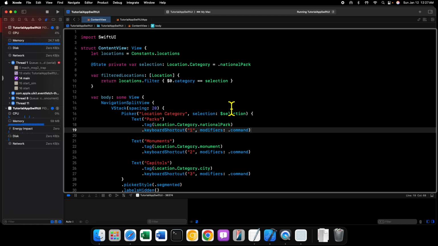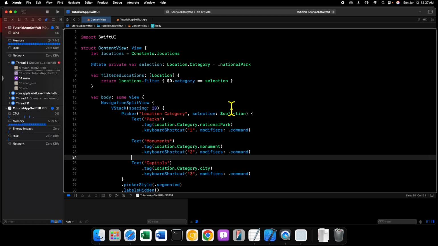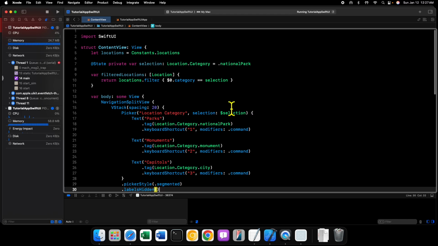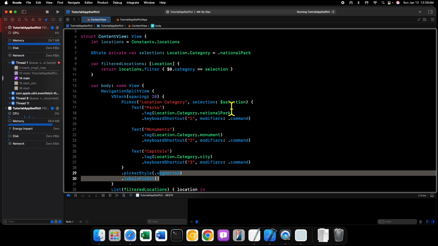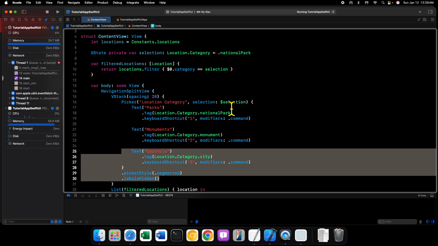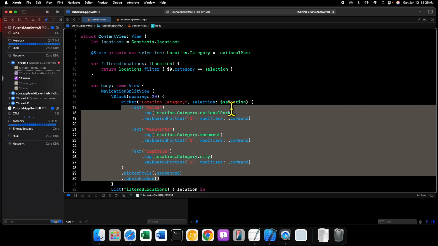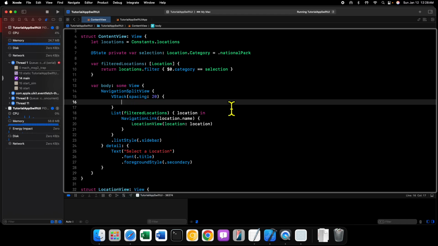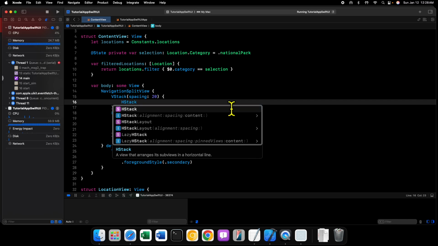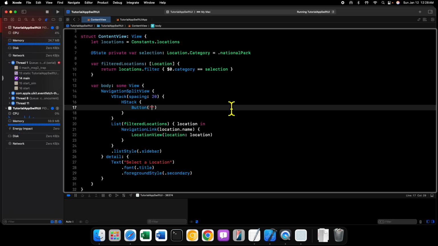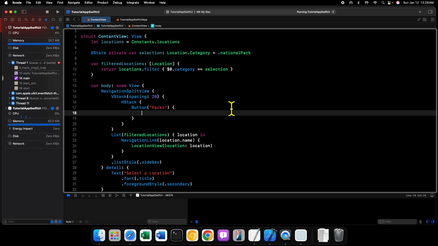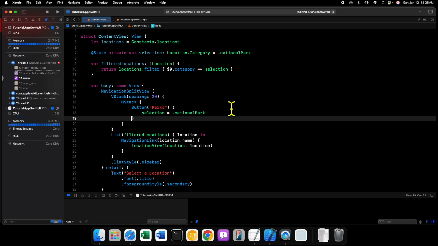But let's change it up a little bit. So I am going to get rid of this picker now. And we're going to have an H stack. And inside of this H stack, there are going to be 3 buttons. Button, parks, and we'll say selection equals dot national park,